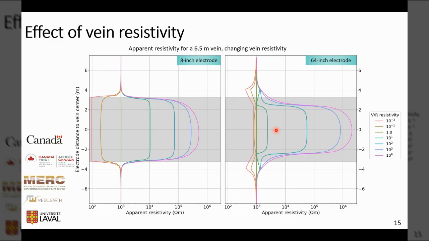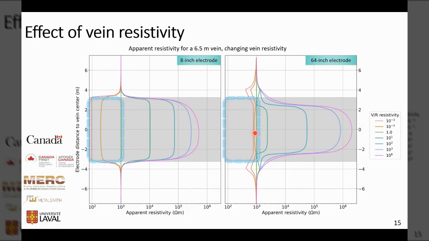And now here we are seeing the results for the effect of the vein resistivity for a 6.5 meter vein. We see that for a very resistive vein, it's the 64-inch electrode that will read higher values, and values closer to the actual resistivity of the vein in comparison to the 8-inch electrode. However, for the conductive veins, we see that it's N8 that will have better separation for the different curves in comparison to the